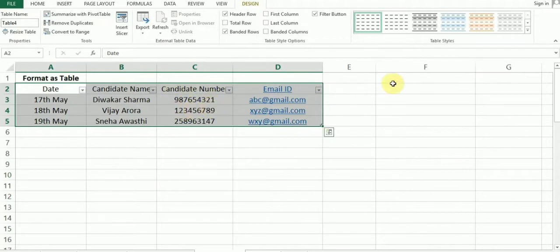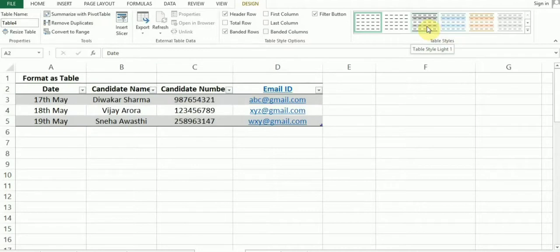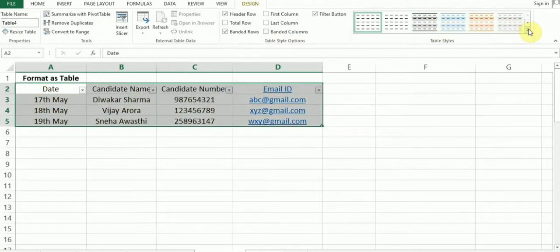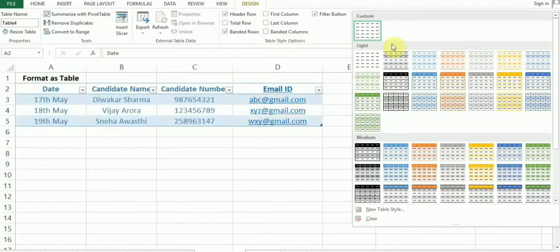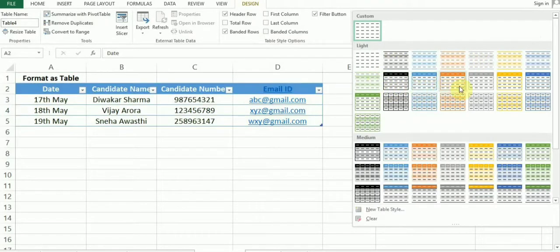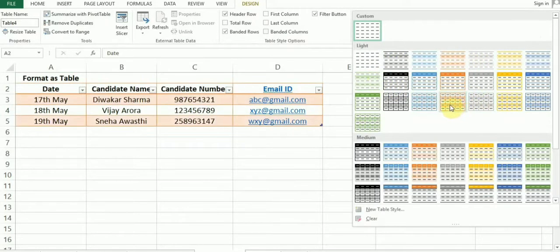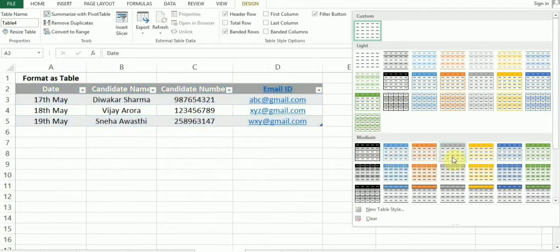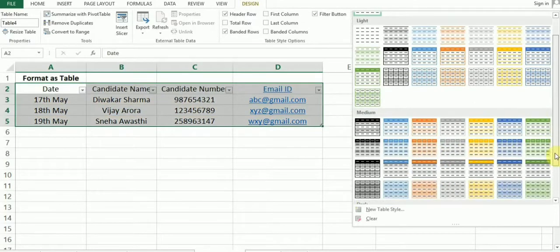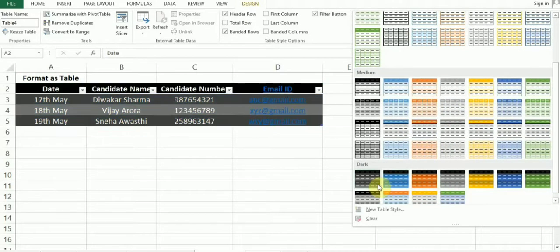Now there are various other options which you can choose, and accordingly you can display your table. Now these are some light colors which you can use to display the table, then medium. As you scroll down, you can see the dark colors.